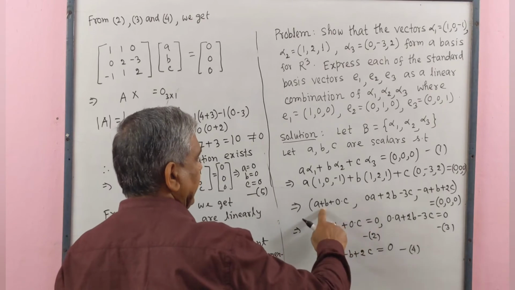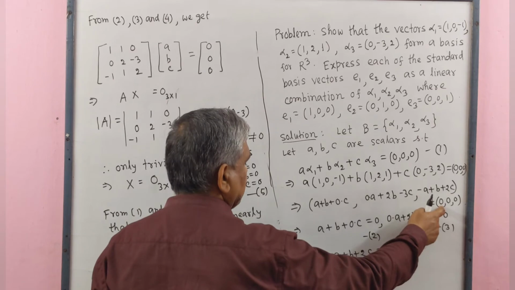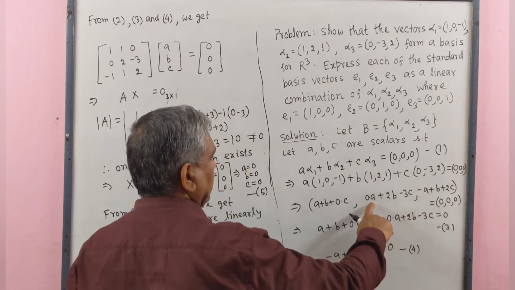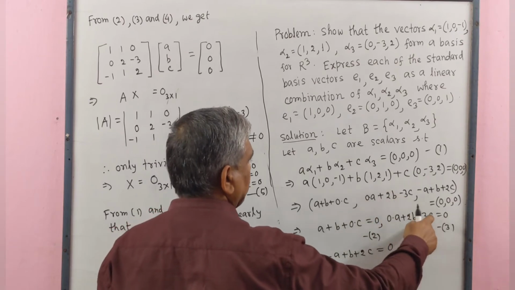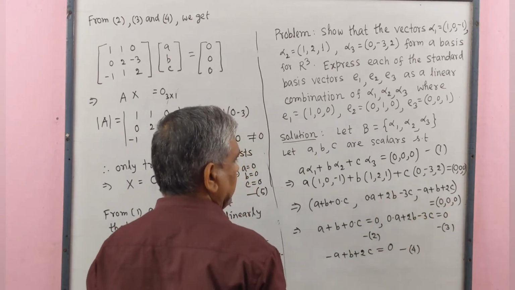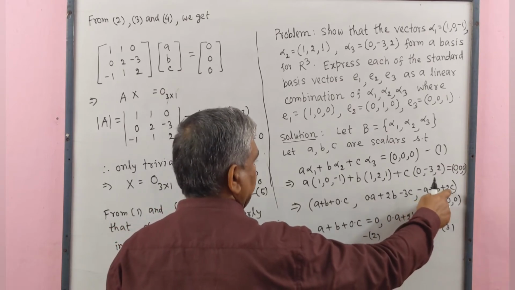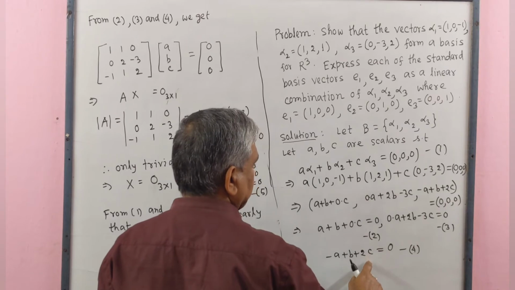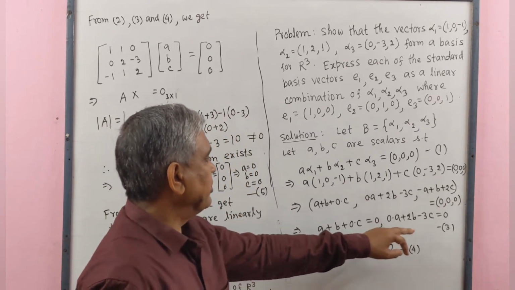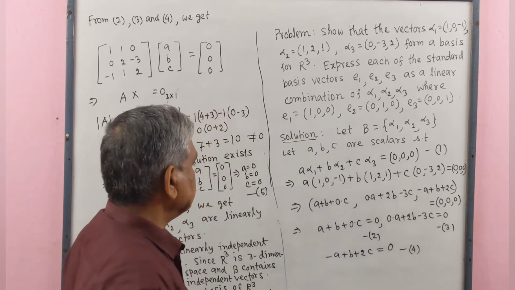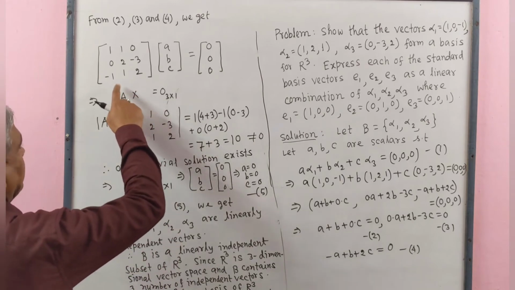Equating both sides, a plus b plus 0 times c equal to 0, first component. Here 0 times a plus 2b minus 3c equal to 0, second component, and minus a plus b plus 2c equal to 0, third component. This is number 2, this is number 3, this is number 4. From 2, 3 and 4 we get a matrix